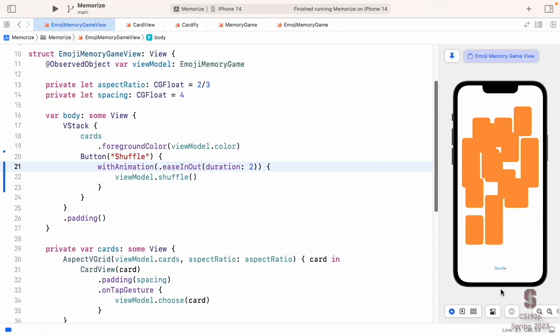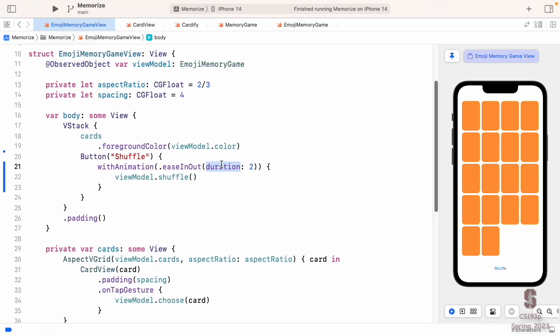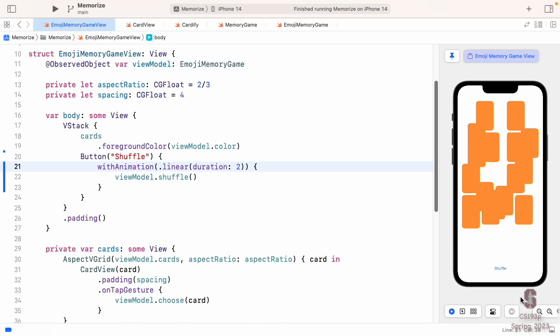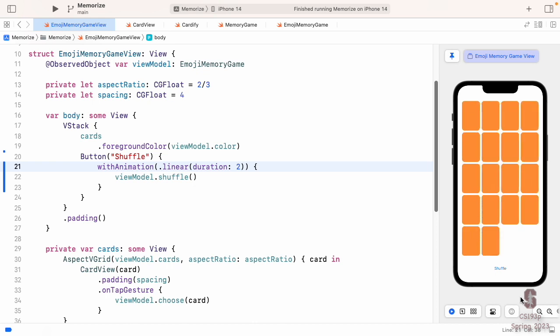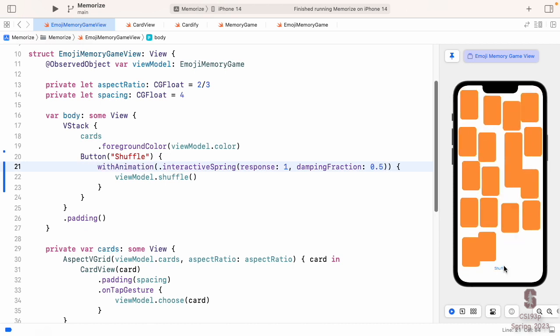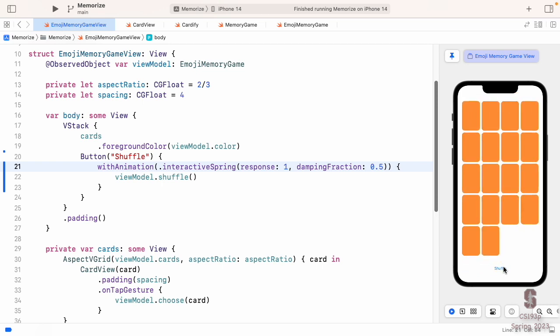And we could use other curves. Maybe we can tell the difference here. Ease in, ease out looks like that versus linear. We'll see this later. It'll make even more sense, but see, it's kind of the same speed all the way through the curve. How about that funky spring thing I told you about? We'll use an interactive spring. We'll do a response time about 1 and damping fraction maybe 0.5. And here we go. See how it has a soft landing there? And we can control the damping to make it more springy or less springy or whatever. That's how we control the animation that's going on here.